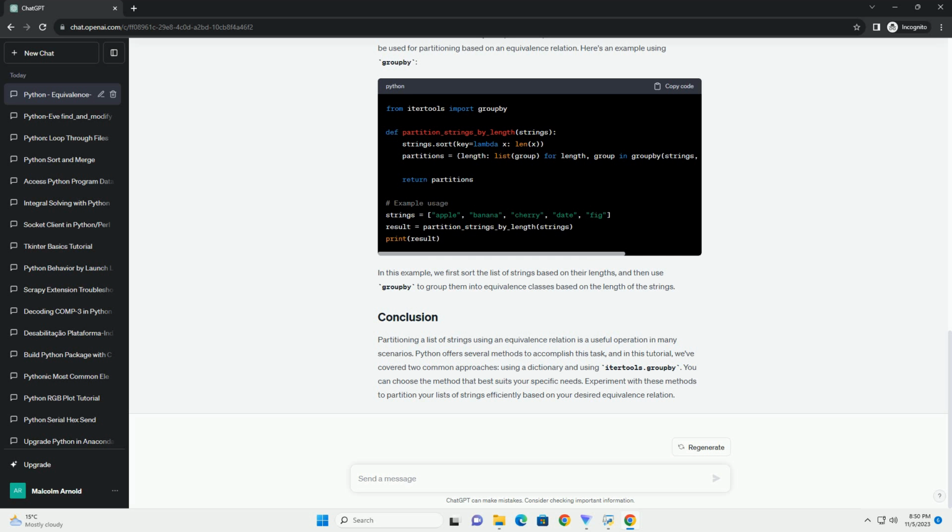Partitioning a list of strings based on an equivalence relation is a common task in programming, and Python provides several methods to achieve this. In this tutorial, we'll explore how to partition a list of strings using an equivalence relation and provide code examples to help you understand the process. Before we get started, make sure you have Python installed on your system. You can download and install Python from the official website,